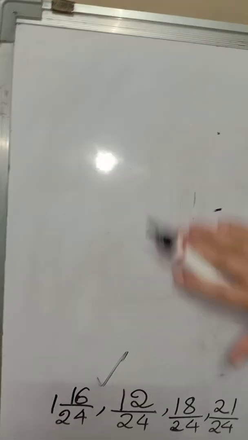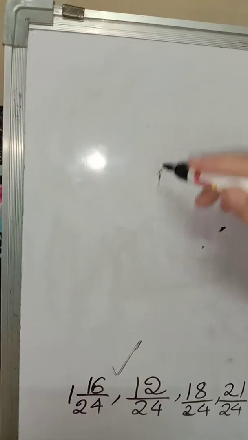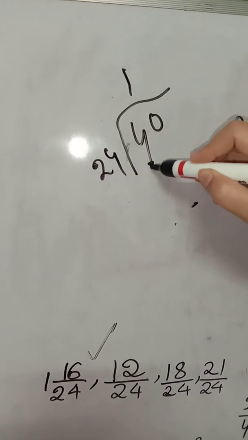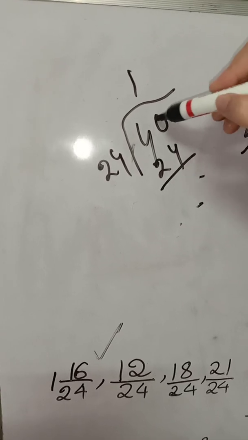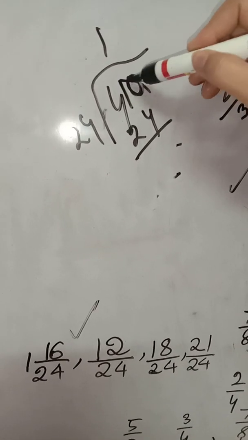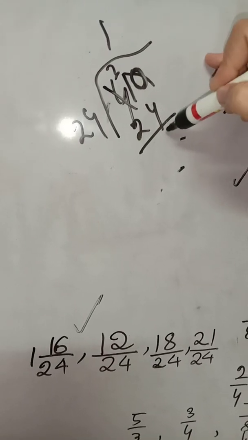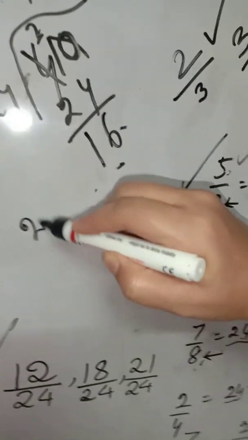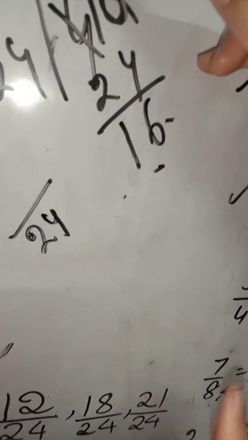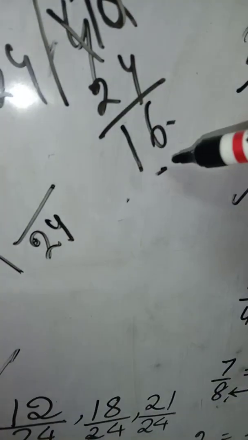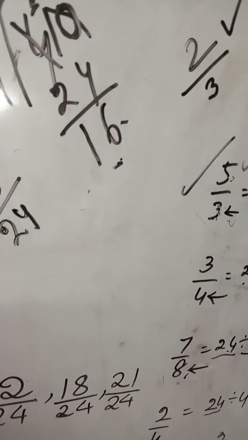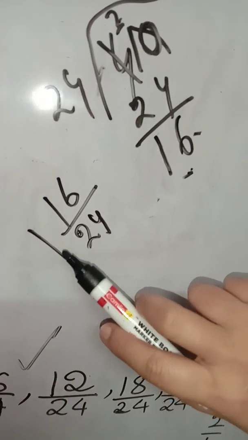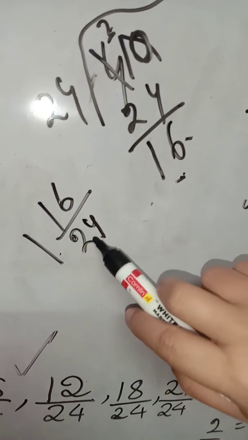We can do it like this here also. 40 divided by 24. 24 1 jar 24. Now it will be 10, it will be 3. 10 minus 4 is equal to 6, 3 minus 2 is equal to 1. So the denominator is the old denominator we will take. The quotient 1 will be the whole, and the remainder will be our new numerator. Now the mixed number is 1 whole 16 upon 24.